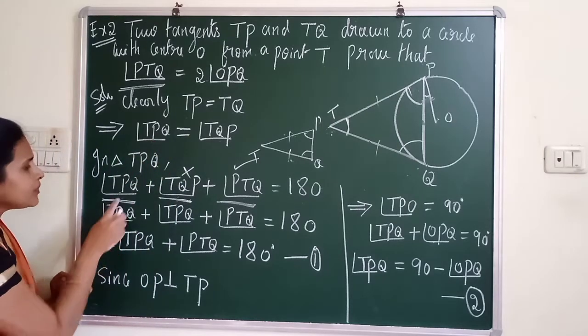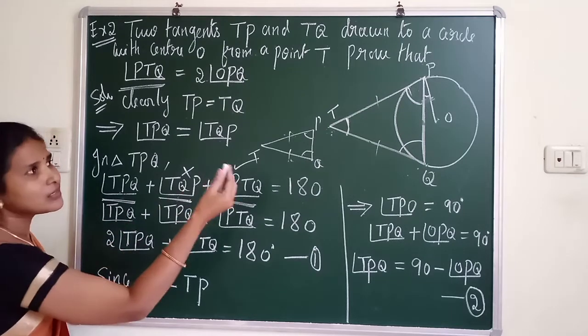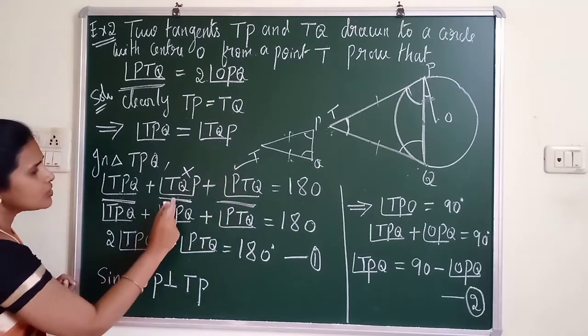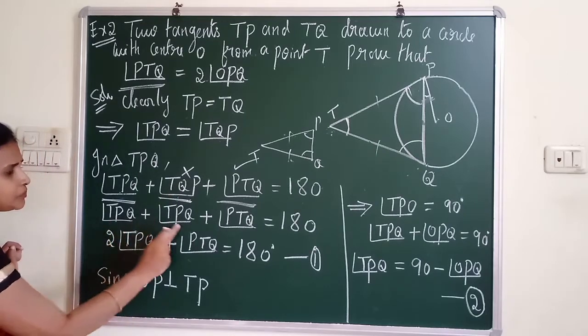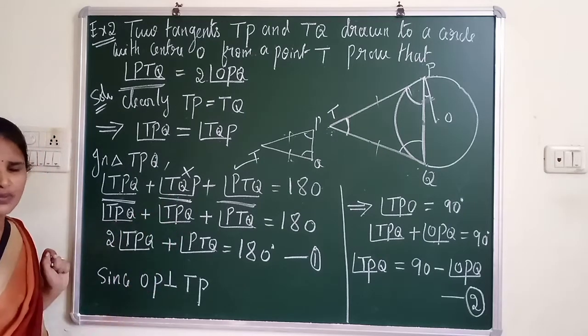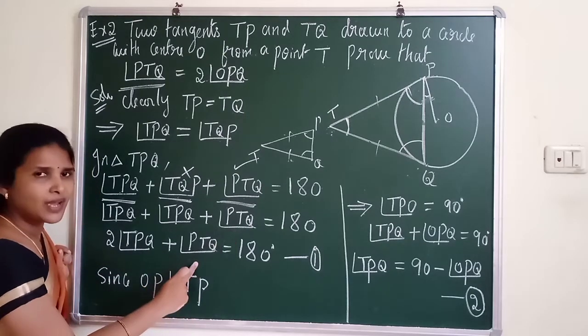So in the next step, keep TPQ as it is. Why am I keeping it as it is? Because that is along with OPQ. So write, change TQP as TPQ. Now you can see here TPQ plus TPQ is 2 times TPQ, and write angle PTQ as it is